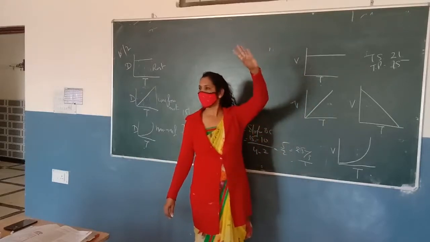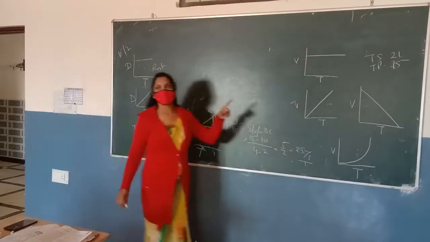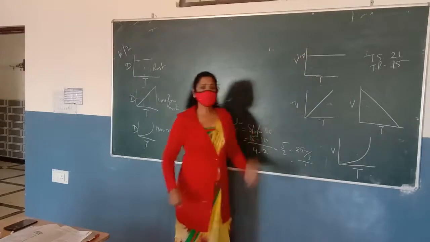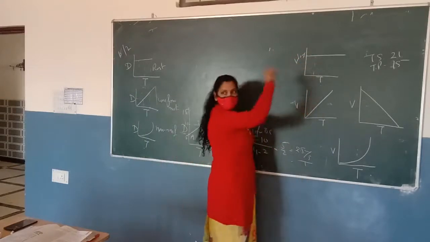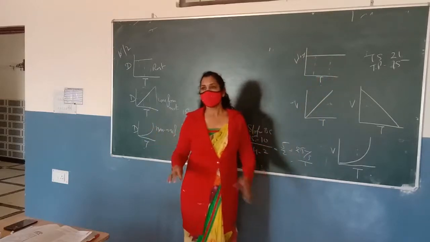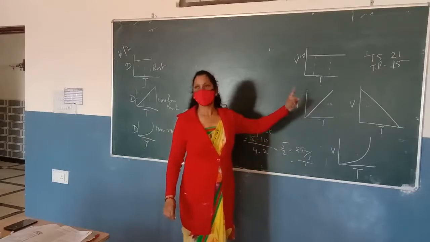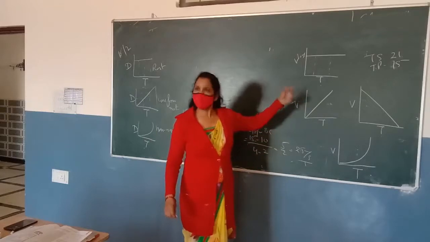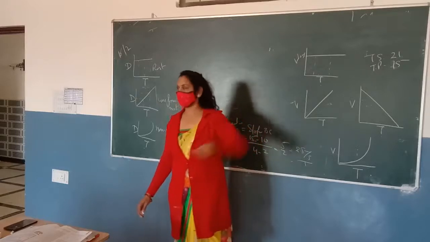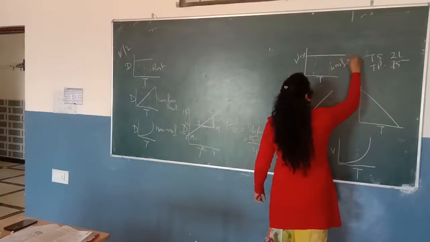Raise your hand. The motion of the body is, yes. Body, no, this is not at rest. Actually, this is the velocity. Suppose the body is moving with a velocity of 10 meter per second. So it means at the time of 1 second, it has the velocity of 10 meter per second. At the time of 2 seconds, again 10 meter per second. At the time of 3, again 10 meter per second. So the body cannot be at rest. So what type of motion it can be? Yes, this is the uniform motion. Because the velocity of the body is not changing, so we can say it has a uniform velocity. So this type of motion is uniform motion.